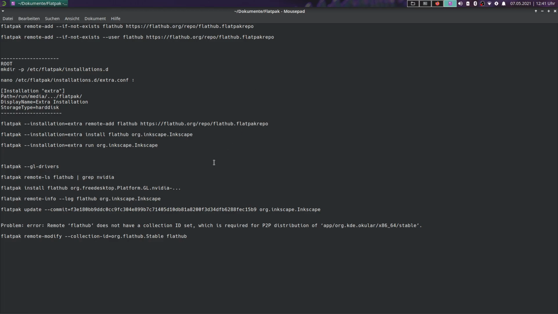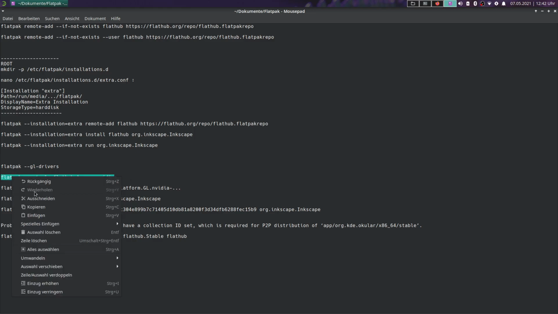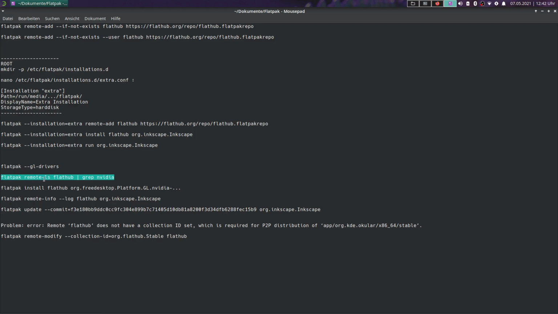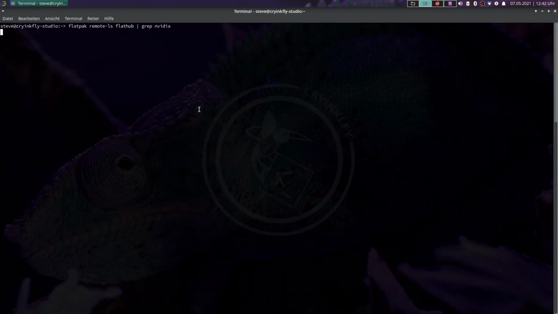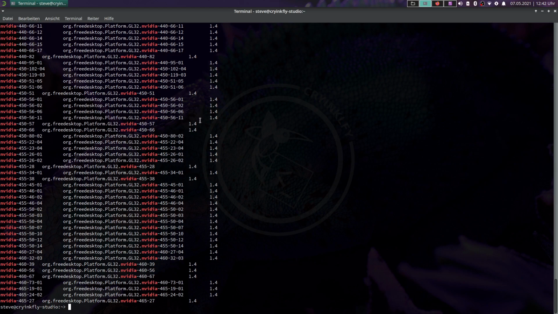Then when you have a newer version of maybe the NVIDIA drivers in Flatpak, then you can't use maybe Blender or OBS Studio, because you must have the same NVIDIA driver version on your system as here in Flatpak. And with this command here you can see now all NVIDIA driver versions here in Flatpak,